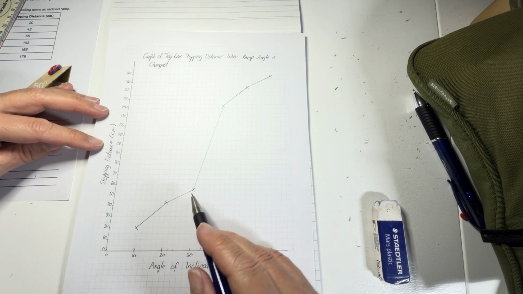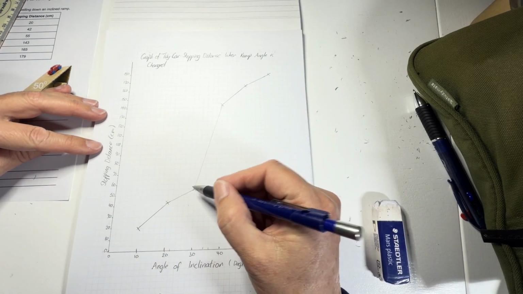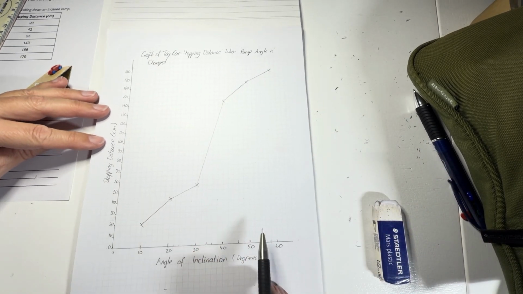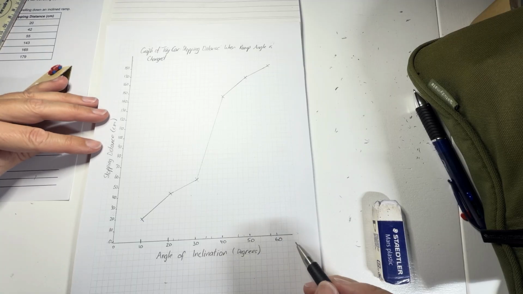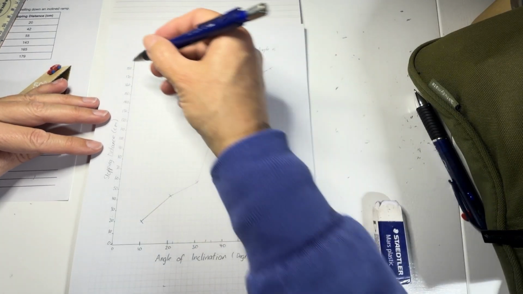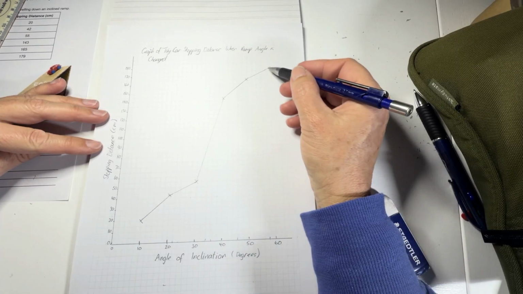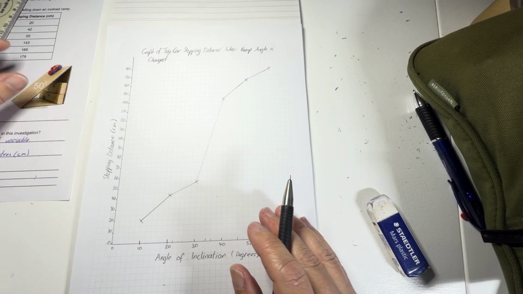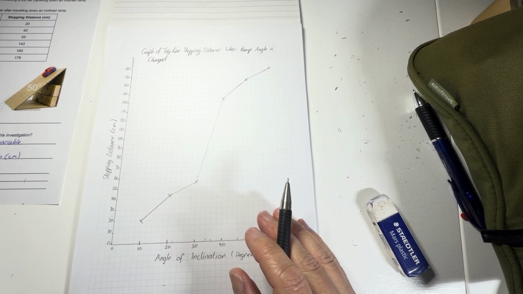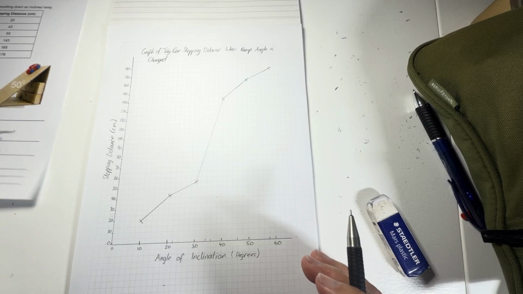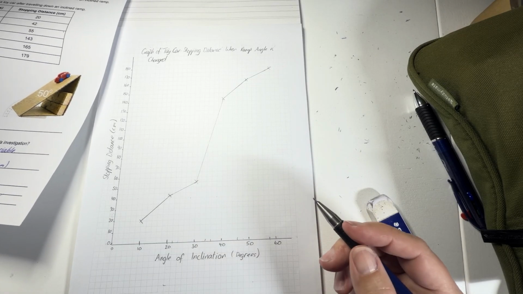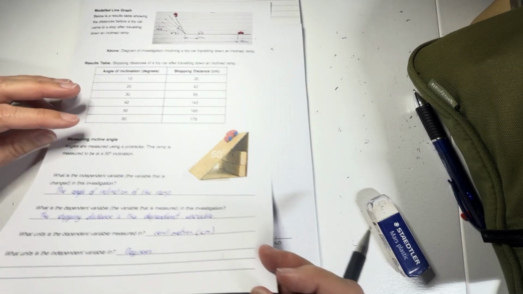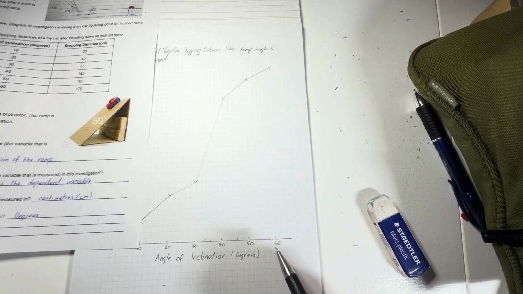Join the data points. It is continuous data, so we can do that. What I want to point out is that in maths, you might have been told when you do graphs to put arrows on the axes or extend or keep your lines going. We don't want to do that with this because it's a scientific investigation and we are after fair testing. We want to make sure that our experiment is valid. So we're not actually going to